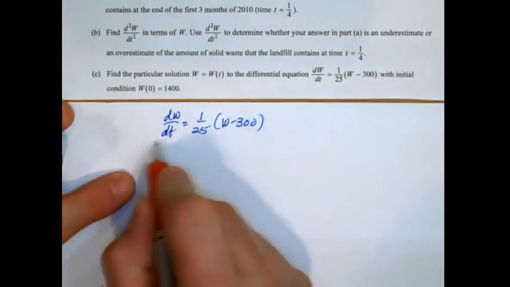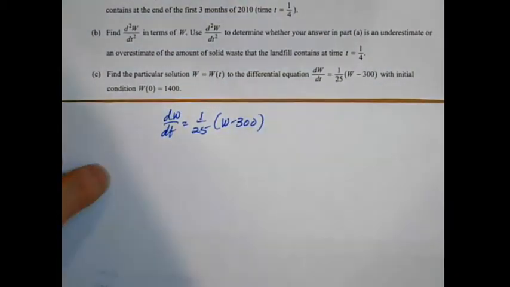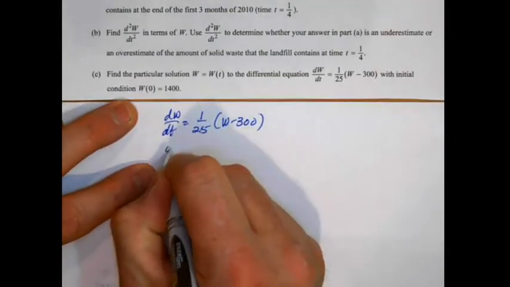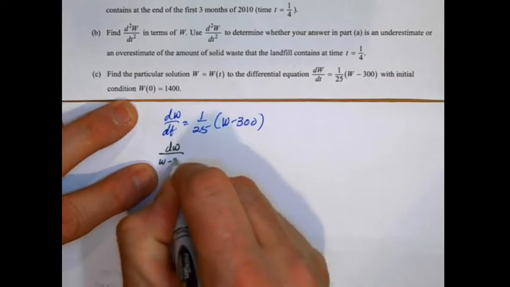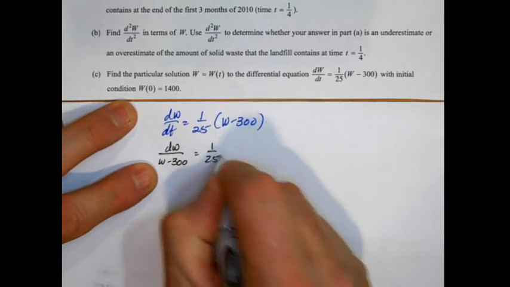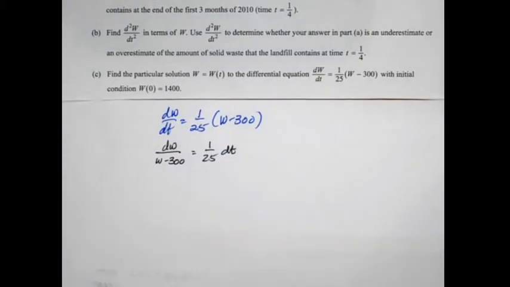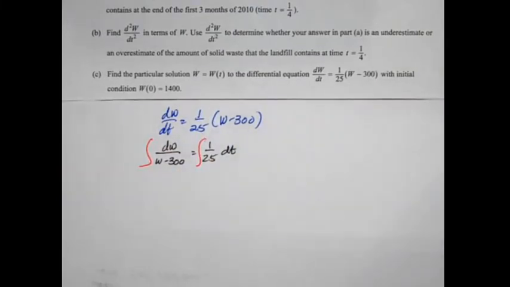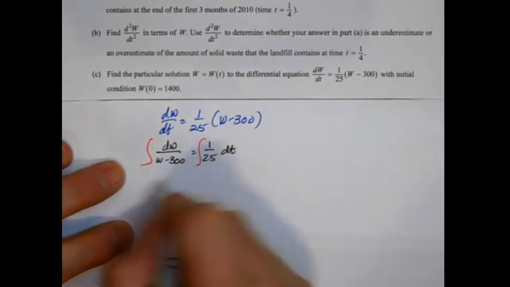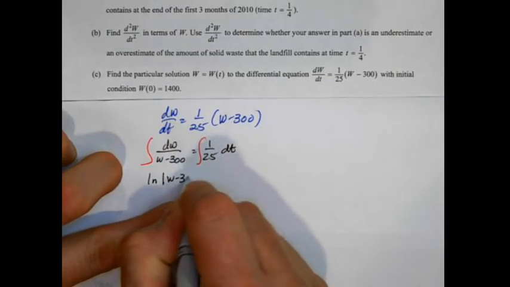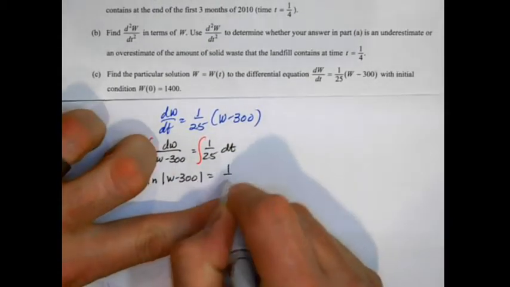So you want to gather W's on one side and dt's and t's on the other side. So dW over W minus 300, do not distribute the 1/25th, is 1/25th times dt. Once we get that, you need to show that part, and then you need to show this. You need to put the integral signs on there. And what that's going to do is say, okay, now I know that it's the natural log of W minus 300 equal to 1/25th t